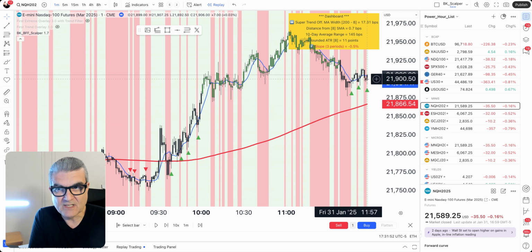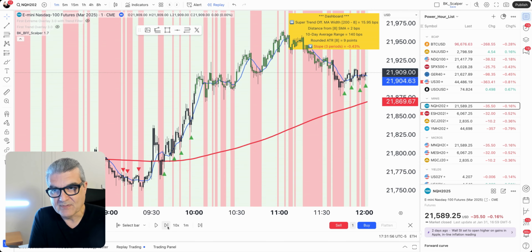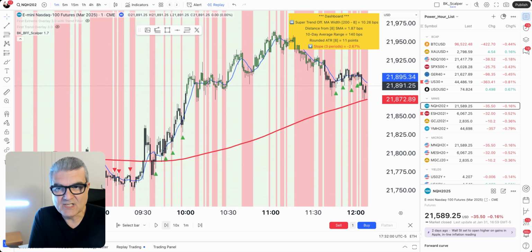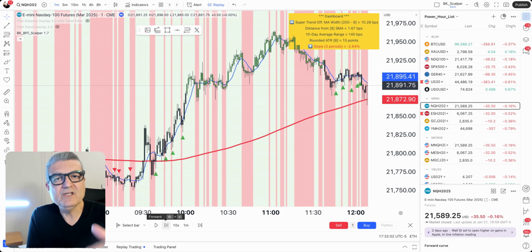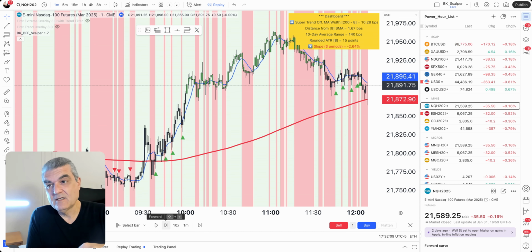Now this signal is over here with a negative slope. No, I don't want to take this signal. I want to pass up on it and see what happens next. Oh, nope, still not a good signal. Still not a good signal. And you see how I'm saving myself all this unnecessary stoppage because the slope is not agreeing with the green